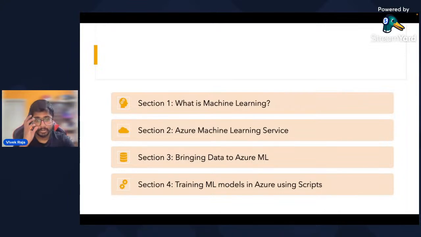Then we hopped into Azure Machine Learning Service, where we understood why we need a well orchestrated machine learning service to execute that. We understood the challenges that we have in MLOps. We also understood the terminologies and architecture in Azure Machine Learning. And then we brought up how you can connect your data sets to Azure Machine Learning, how you can connect your blob storage, how to create a data store and data asset, and how you can refer to that in Azure Machine Learning.